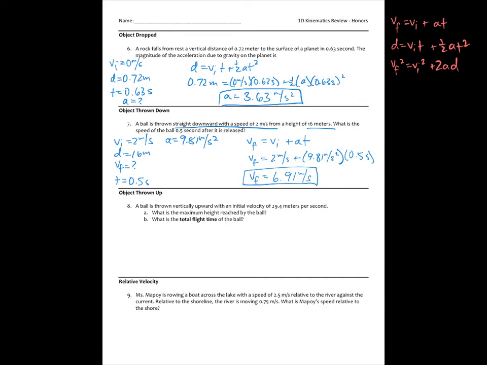All right, object thrown up. This is a different beast entirely. Let's use green. A ball is thrown vertically upward with an initial velocity of 29.4 meters per second. Like the thrown down scenario, you're giving it an initial velocity. Acceleration will be a negative 9.81 meters per second squared, because now we're going up. We're working against gravity. That's why we make it negative, because we're working against gravity, which will cause the ball